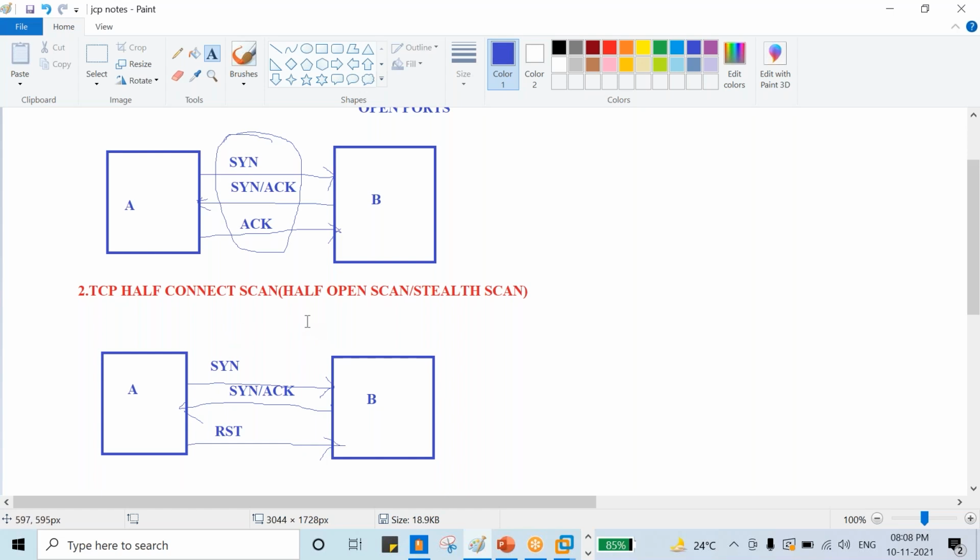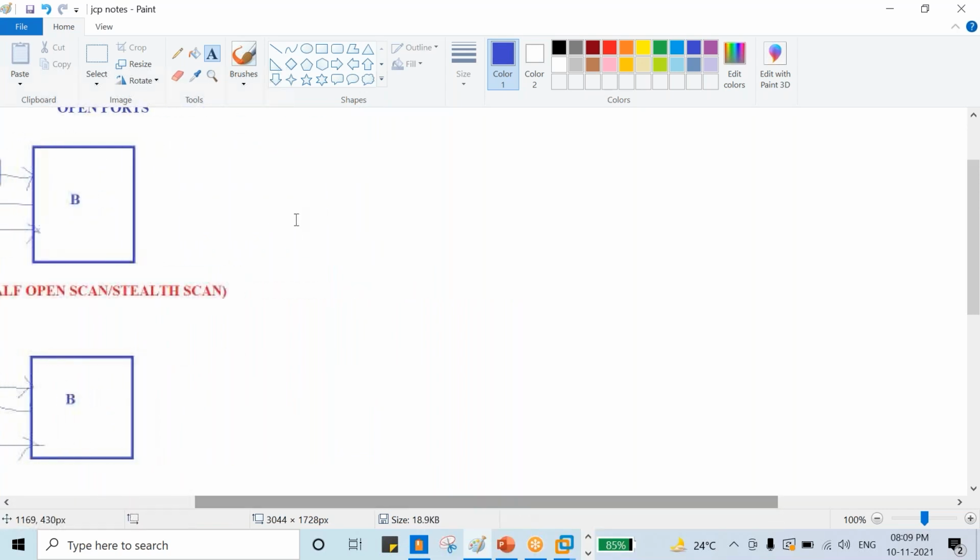So Nmap comes with different scans. This is the first scan and this is the second scan. What is different from the first scan is that we have already received SYN-ACK. So here my question is, why contact the server again, right? That's why we are closing the connection, that is reset, right? Next, we have one more scan, that is